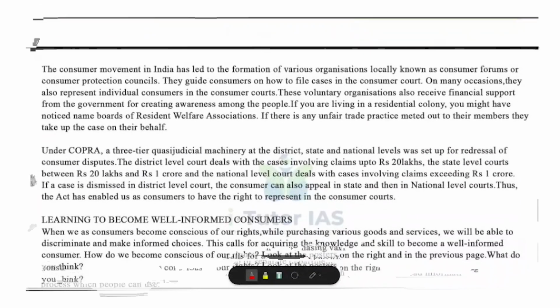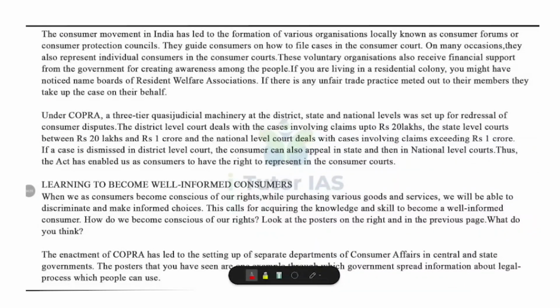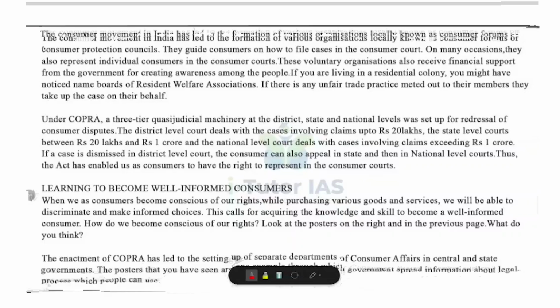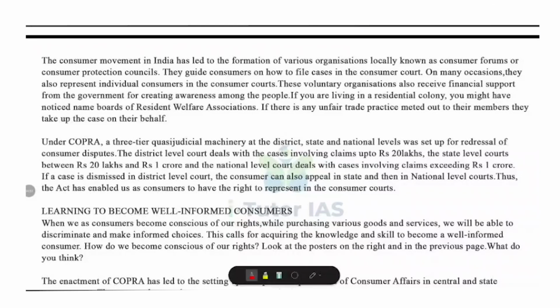In India, the consumer movement has led to the creation of local organizations often called consumer forums or consumer protection councils. These groups guide consumers on how to file cases in consumer courts and sometimes represent them in courts. Many of these voluntary organizations also receive government support to create awareness. For example, resident welfare associations in colonies can take up cases on behalf of their members if they face unfair